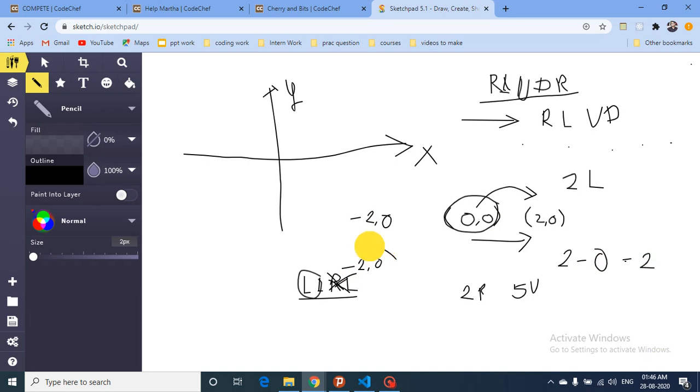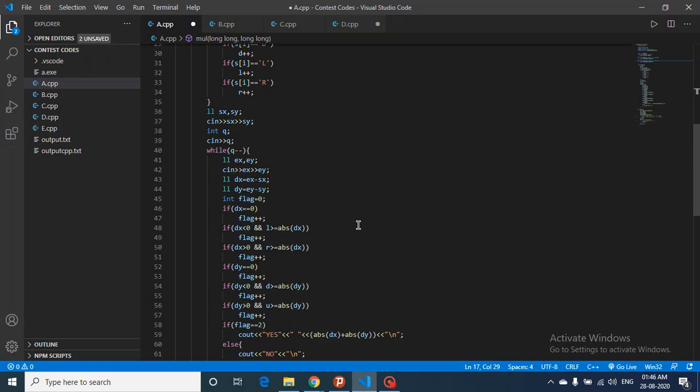In both of these, you have to check that first of all, I find out the difference between them, and if it is negative, which means that I have to go left. If this is positive, then I have to go right. And if I have to go right, whether this right amount of 2 is present or not. That's the whole logic. So let's see the code also.